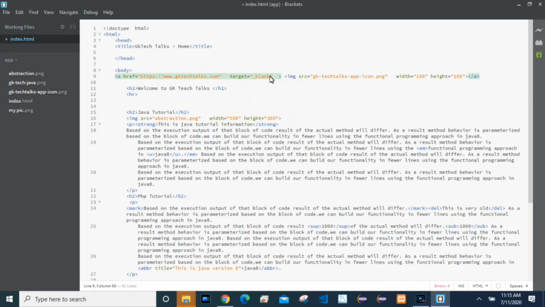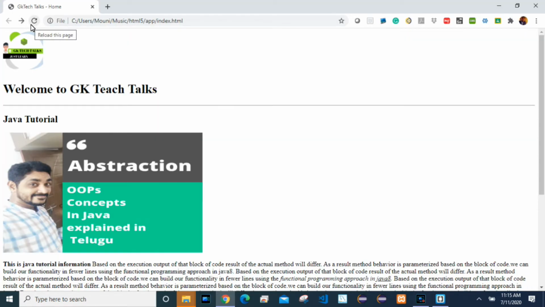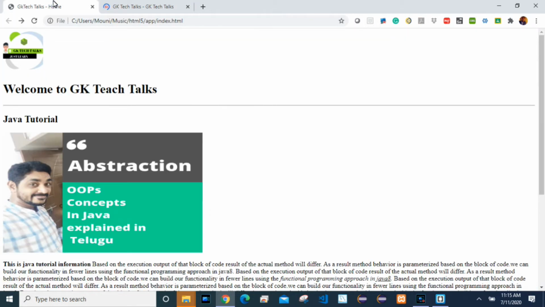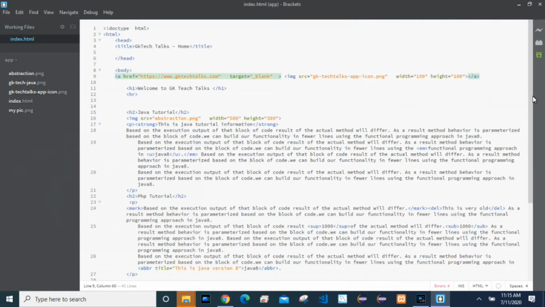If I mention _blank, it will open in a new tab. Let's see. I just saved it and will open and refresh it. Okay, if I click on here, see it's opening in a new tab, right? If you don't give anything, it will open in the same window. If we give it, then it will open in another window. Okay, so just close it, and I'm coming back to our code.